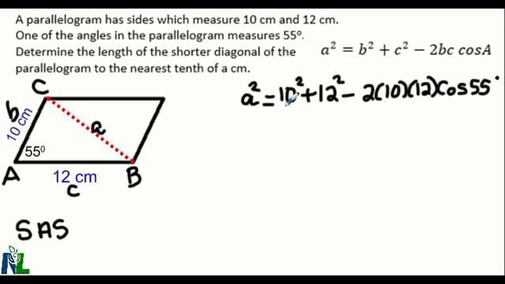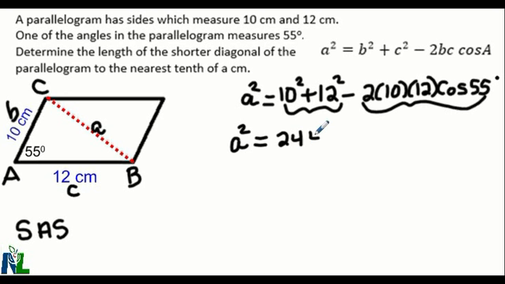Now, I would recommend you do this in 2 steps on your calculator, indicated by the brackets shown. So 10 squared plus 12 squared, 100 plus 144 gives me 244. Here, when I use my calculator to determine this, it's 137.66 approximately. I would just continue to subtract, and when I subtract these, I get